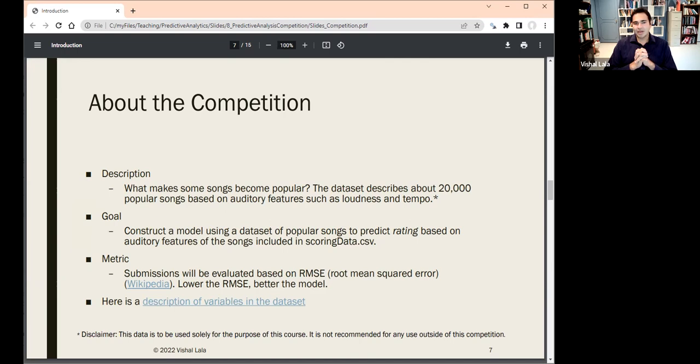Your goal is to identify what makes a song become popular. So basically, you'll construct a predictive model that will effectively predict the rating of a song based on the features of the song given to you. In addition to auditory features, you also have access to a few other features like how long the song is,